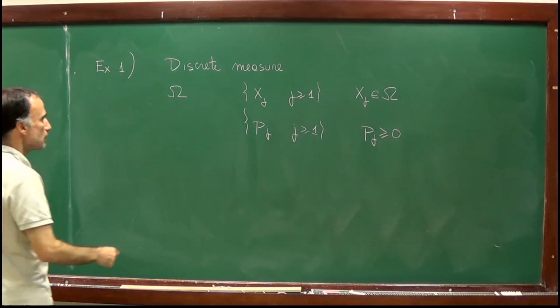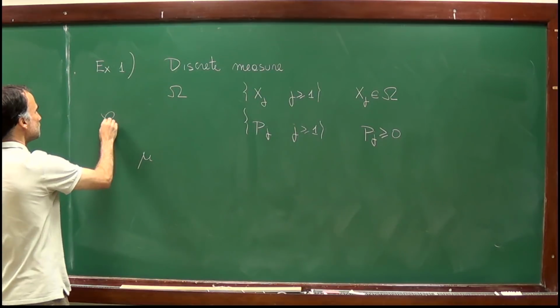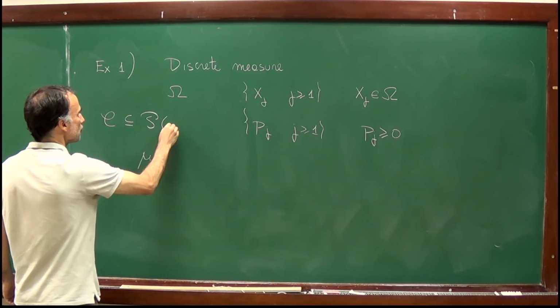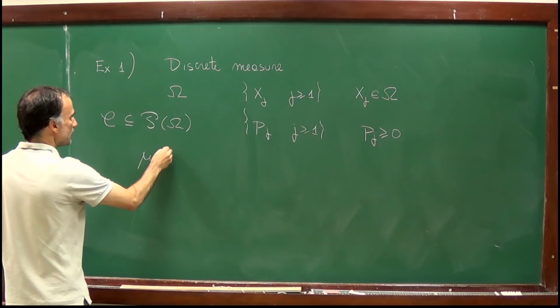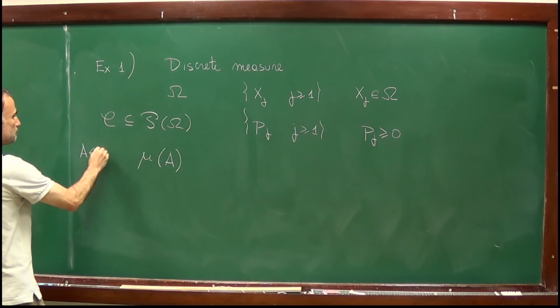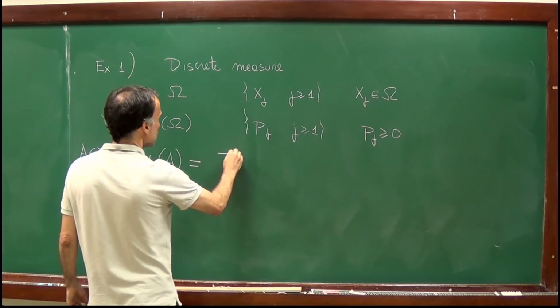So I will define a function mu. So let's say that we have a class C of subsets of omega, and I will define for A in C, mu of A as, well, I will sum